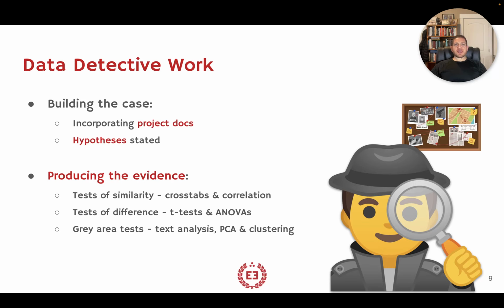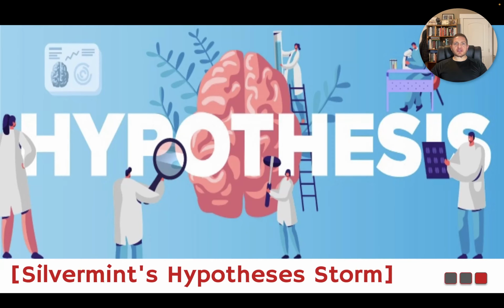Through those tests and their output, we will then step back and decide if we have sufficient evidence to reject the various null hypotheses we set up and accept the alternative hypotheses that we set up. But all of that has to be tracked, which means all of it has to be formalized. Let's solve the problem of tracking these formal hypotheses to their various tests and the resulting output, using the Silvermint